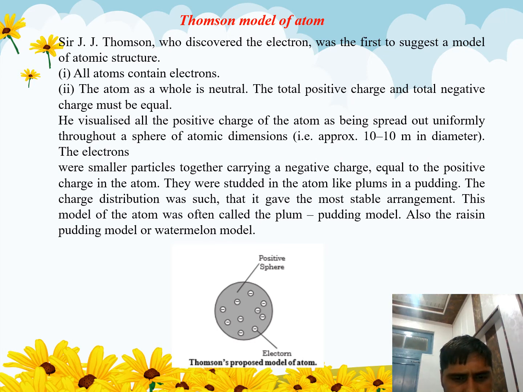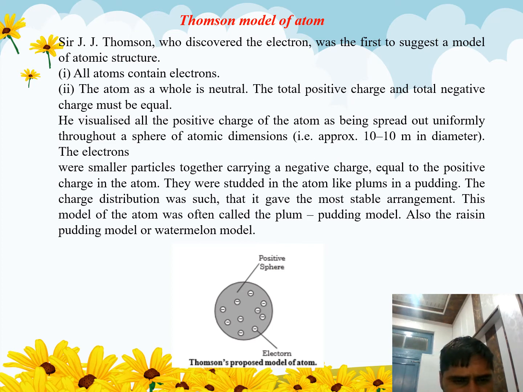were smaller particles together carrying a negative charge, now equal to the positive charge in an atom. It means suppose this is the positive charge, and electrons are embedded in the sea of the positive charge. Hence it is also called the sea model or plum pudding model, and the electrons were studied in an atom like plum in